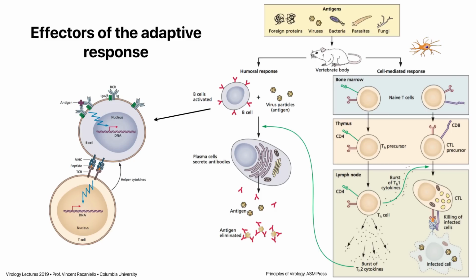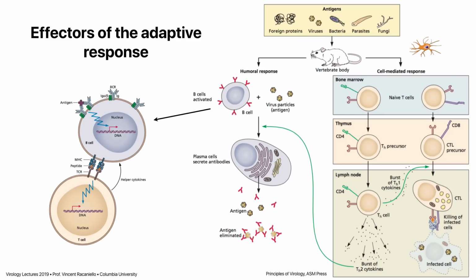The other part of the adaptive response is the cellular response, and that's shown here on the right. Again, the dendritic cell is coming in the lymphocyte and activating T cells. Before that happens, we have in the bone marrow naive T cells. This is where they initially develop from that hematopoietic precursor stem cell that I showed you earlier. They migrate to the thymus, where they undergo additional maturation to become CD4 and CD8 precursor cells, and then they migrate to the lymph node where the development is completed, and there they are CD4 positive, and these are T